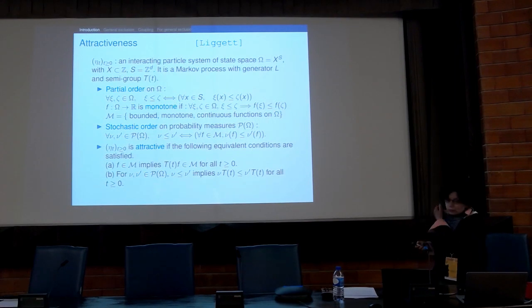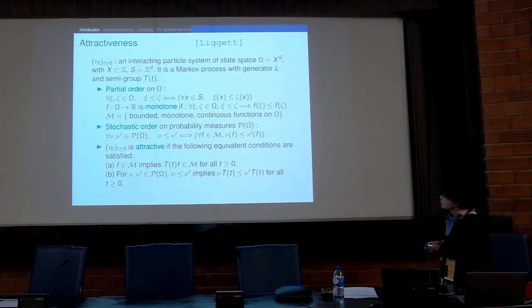And the important property we'll look at is the attractiveness property, which has been looked at a lot by Tom Liggett. And so what is it? We have our particle system on a state space, which for us will be {0,1}^S, especially Z^d. And we have a Markov process, a generator, a semigroup, and there is a partial order on the set of configurations, which is the coordinate-wise order. We say that eta is less than psi if for every x, eta(x) is less than psi(x), and then a function is monotone if it's increasing with respect to this order, and we call M the set of monotone functions,